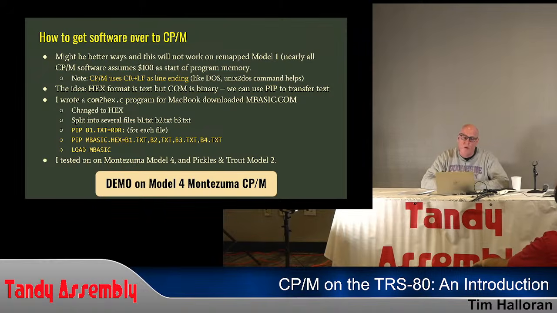The idea was that hex format is text, but COM is binary. So we can use PIP really easily to transfer through the RDR device. Text works really great. Binary has some problems. So if you convert your COM file to Intel hex, which I wrote a little C program for, on that site I did, and I'm sure there are thousands of these on the internet, it will convert the COM file to hex. Then I split it into several files, and for each one I did this PIP